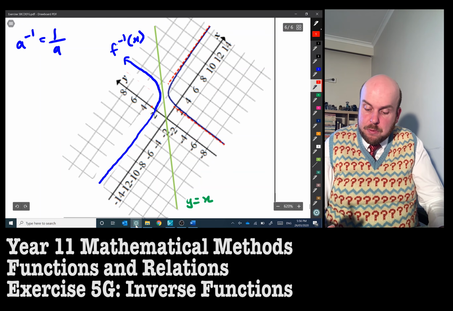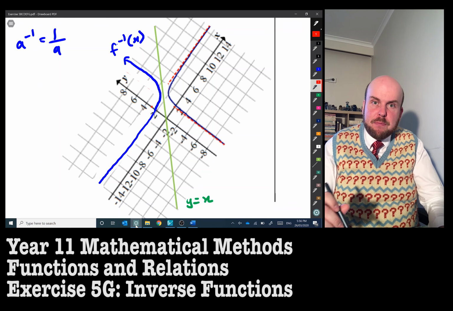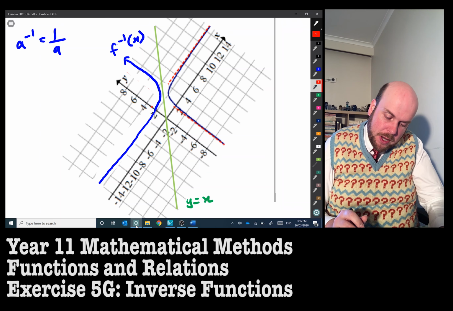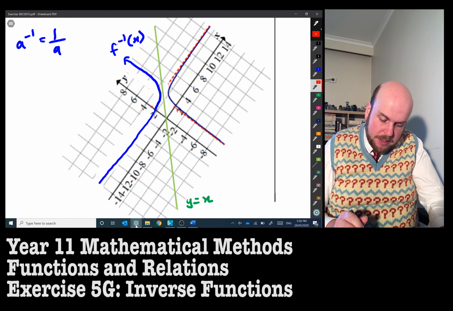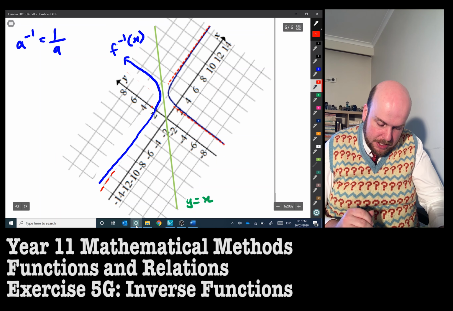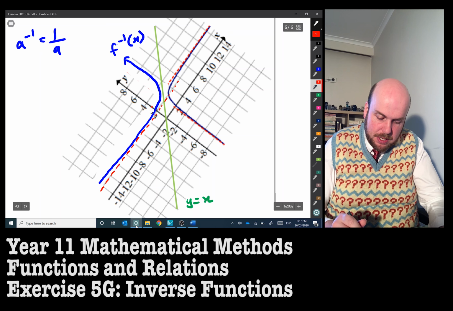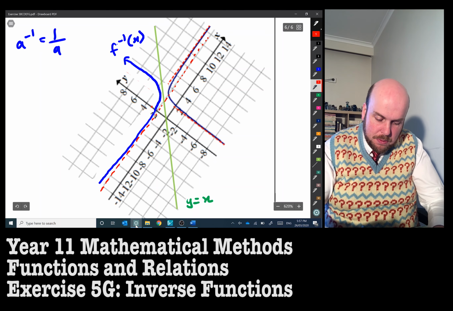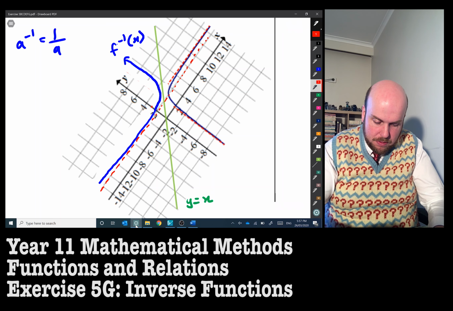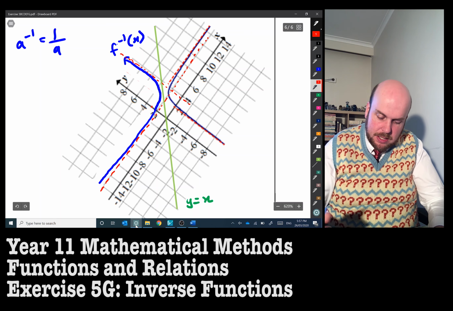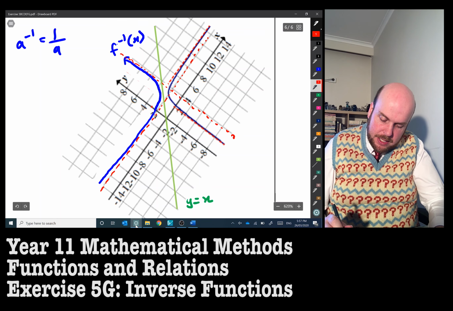So by that logic, we can now input back in our asymptotes. We know the inverse is heading towards this 2 here, because that's this pattern here. So that's where the new asymptote is going to be. And the new asymptote is going to be at about 3. Oh, sorry, x equals 3. So x equals 3 is the asymptote